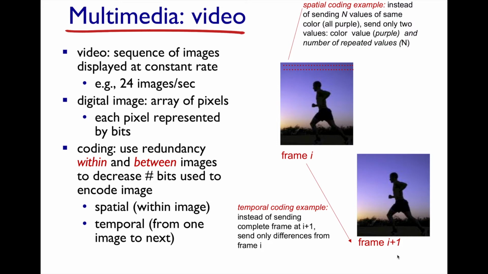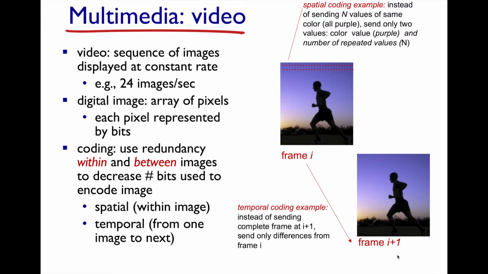The other is so-called temporal coding. With temporal coding, you're taking advantage of that small time difference between subsequent frames. Now, in 1/124th of a second, you're not going to have that much difference between what you're seeing in one version of the image versus one that's a brief moment later. So in the case of somebody running or jogging, in 1/124th of a second, that person's not going to move very much and the scenery is not going to move very much. So instead of sending the entire image or even spatially coding, another alternative is to just send the deltas. You say this position changed to this value.